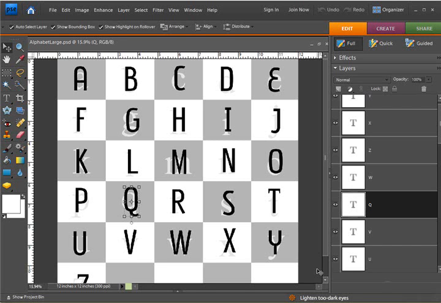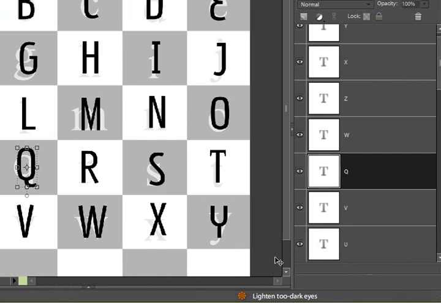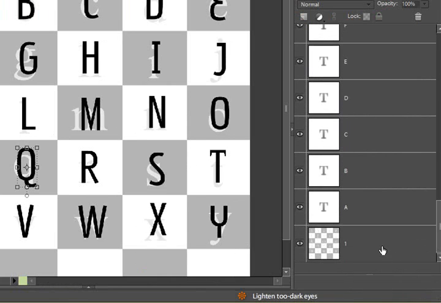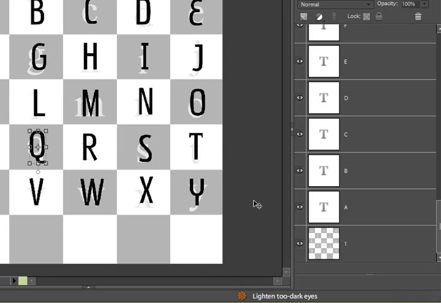Let's look at how to make alphabets. I have here a file which I've already created, and this background actually happens to come from an action from Monica Larson. You could create a board like this for yourself if you prefer,